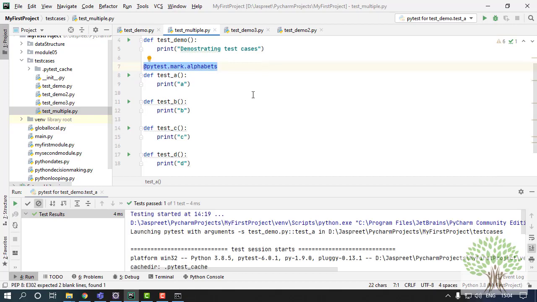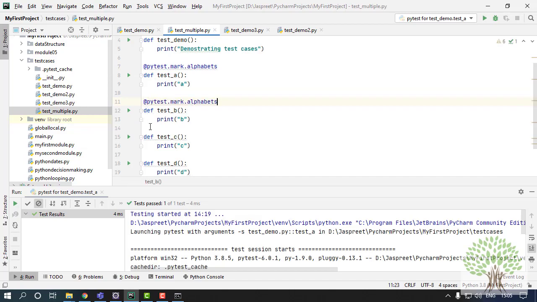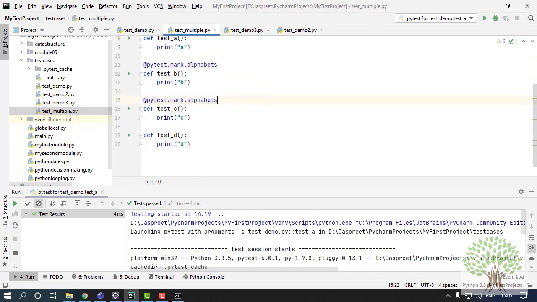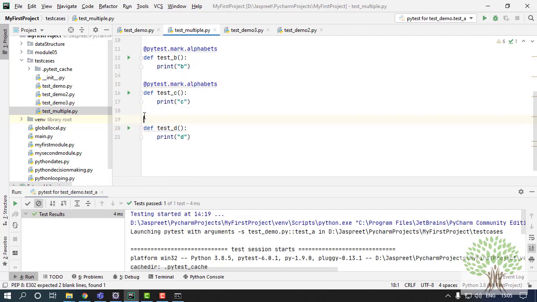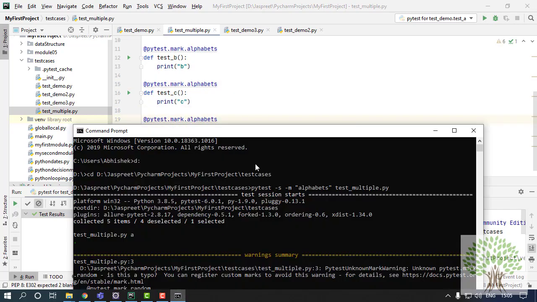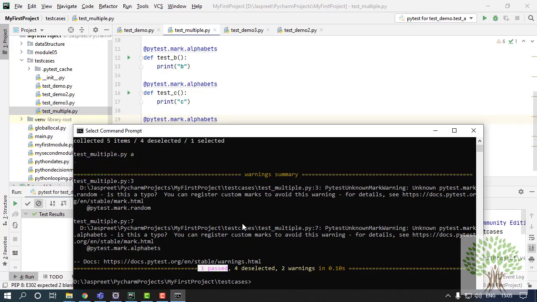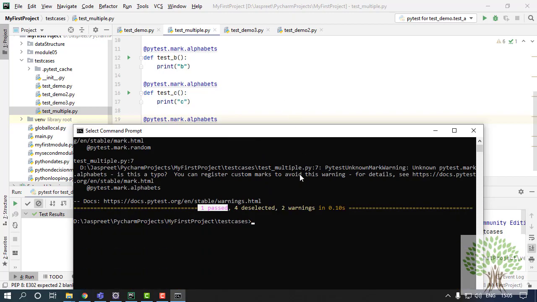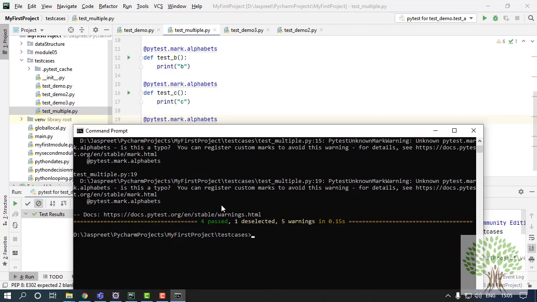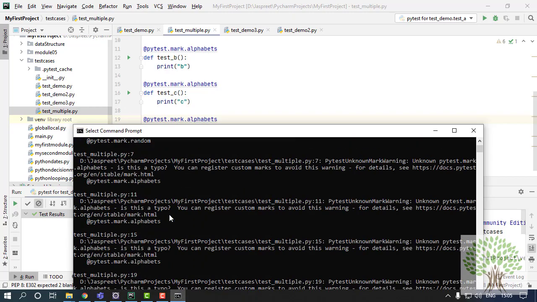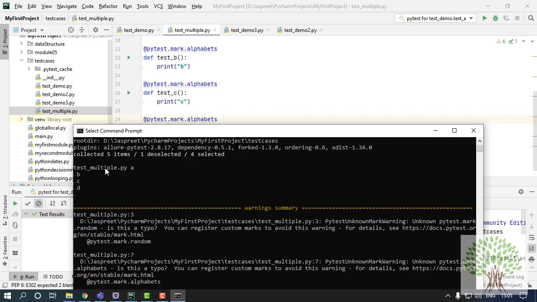So what this will do is collect the test cases which are under the group alphabets. Sorry, I forgot to mention this: whichever test cases you want to add in the group alphabets, you have to mark the annotation above them. Fine, like this way. Because in the output you will see that only one test case has passed, the rest got skipped. So now if I run this again with the same command, this time 4 test cases will run, all of those which are in my alphabets group. This way, 4 test cases passed, and this is the output A, B, C and D.